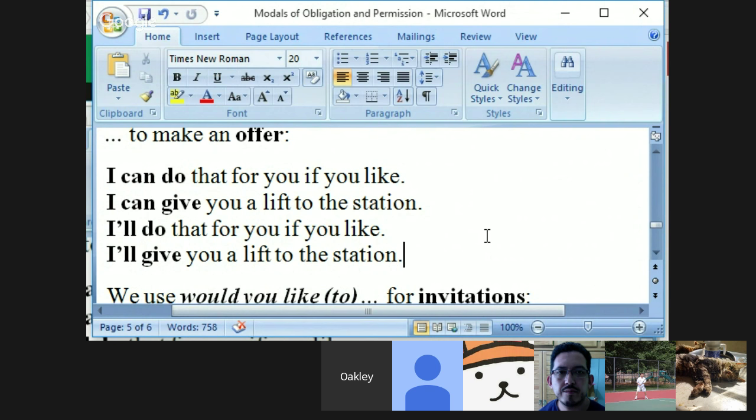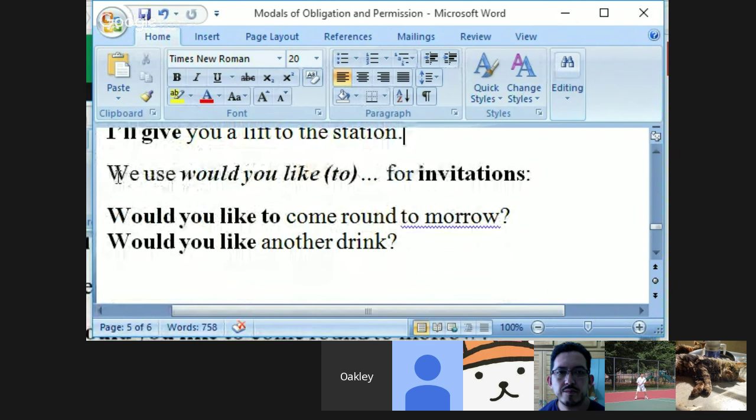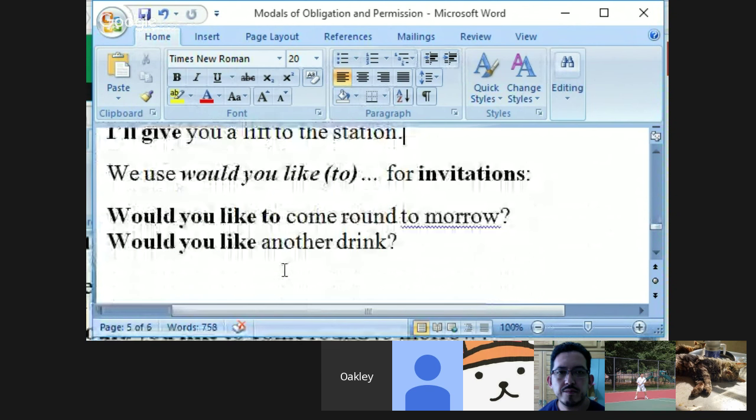It's definitely different than if you have a plan to do this ahead of time. I am going to give you a lift to the station. You would use the am going to simple future tense instead of using will if it was a plan. So generally you make an offer, you can use will and it's perfectly okay, but the underlying idea is that you just thought of this. You hadn't planned it in advance. Those are basically offers.